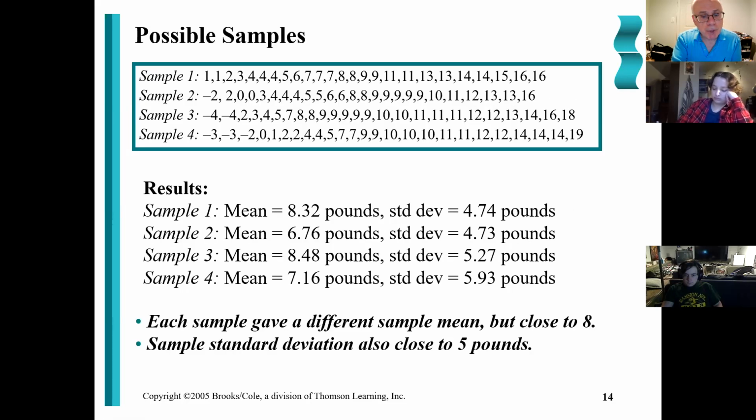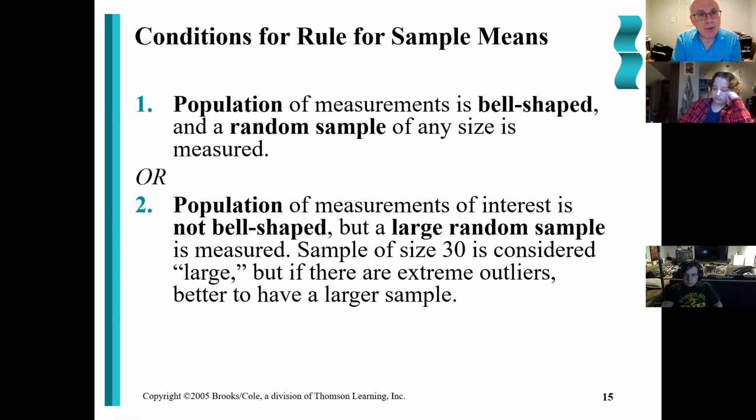So how do we use all of this? How do we come up with this? Here are the conditions for the rule for sample means. Now, we had a rule for sample proportions before. Now we're measuring something like weight loss. And here's the deal. If the population from which we are choosing the sample is bell-shaped, in other words, if